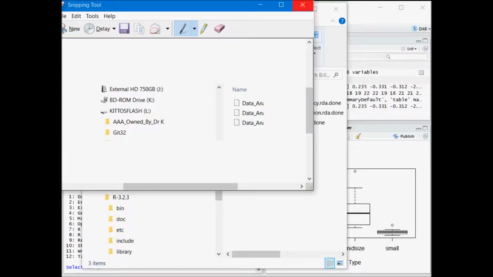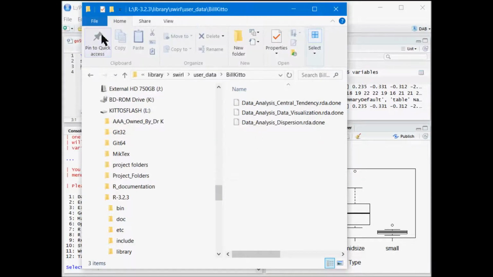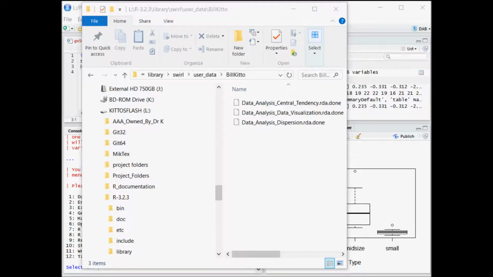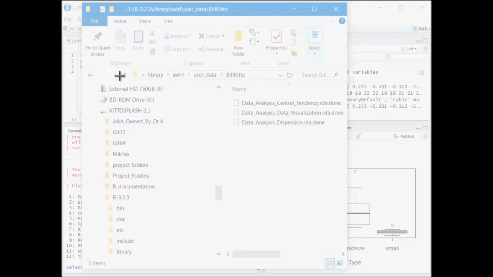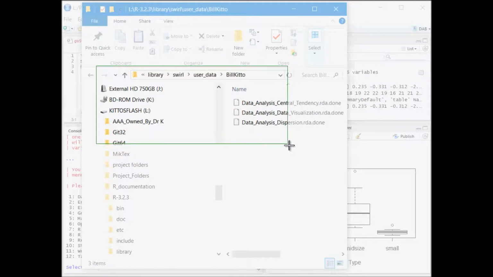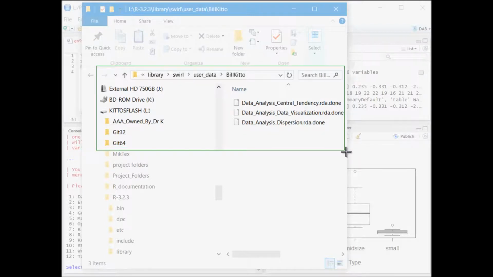In fact, wait a minute, let's try that again. New snip, and I want to get evidence that I'm in my flash drive right there, and I'm in my user data of Bill Kiddo, and that I have done all that work. So I snip that,